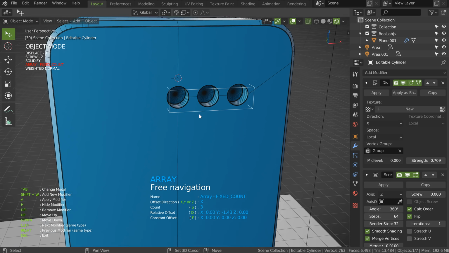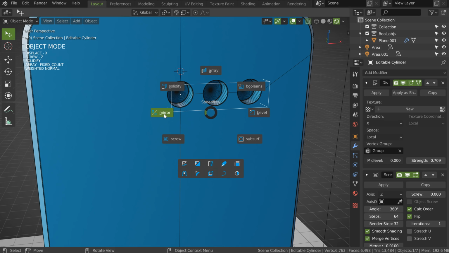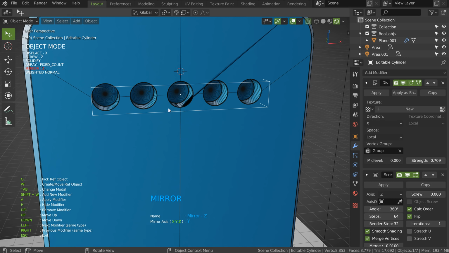And what I want to do now is to add a mirror. But on this mirror, I will have to use bisect. So I will show you. I will call the mirror. I will have this result. In fact, I will just remove the X and I will use the Y-axis. That will give me this result.